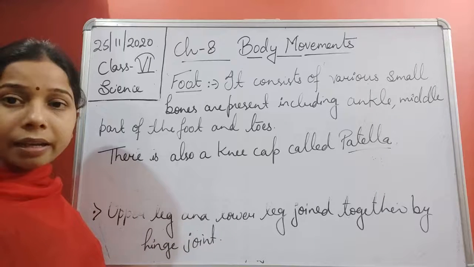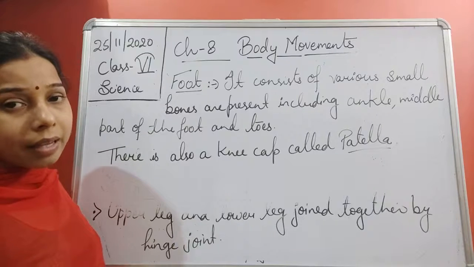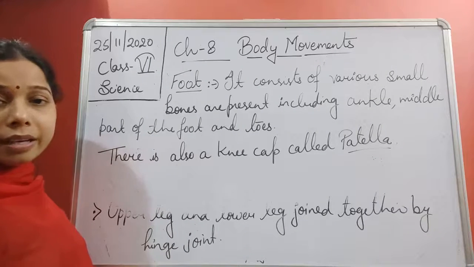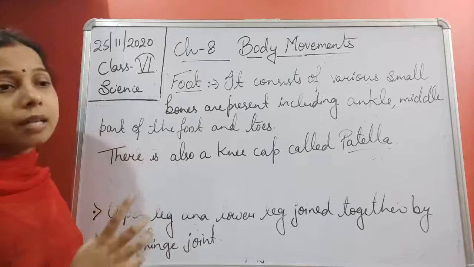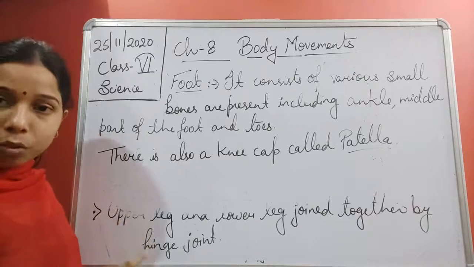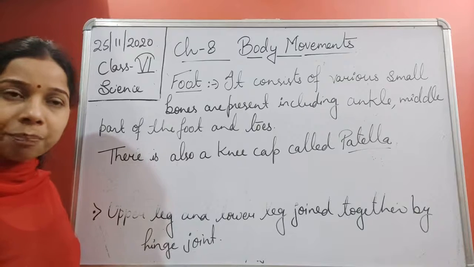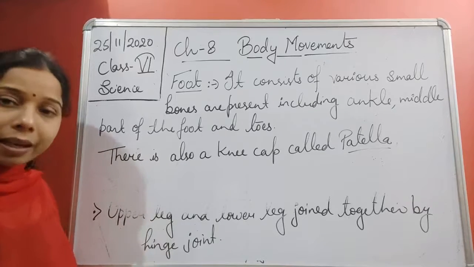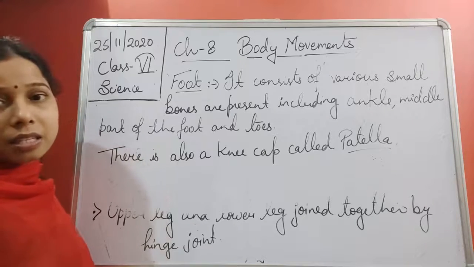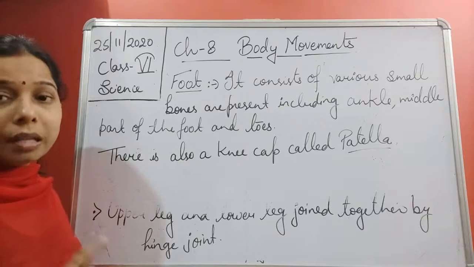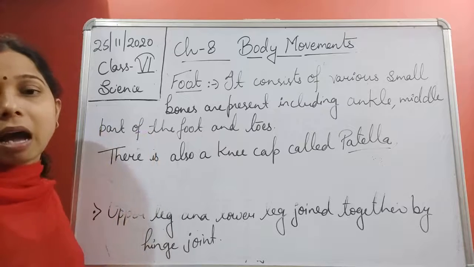The leg is also divided into two: the upper leg and the lower leg. The upper leg consists of a single bone, known as the femur or thigh bone. It is considered to be the longest bone, students, found in the human body. Then there is the lower leg. The lower leg starts from the knee and goes to the ankle, and it consists of two different types of bones, the fibula and tibia. There was a radius and ulna in the arm, here it is the fibula and tibia.